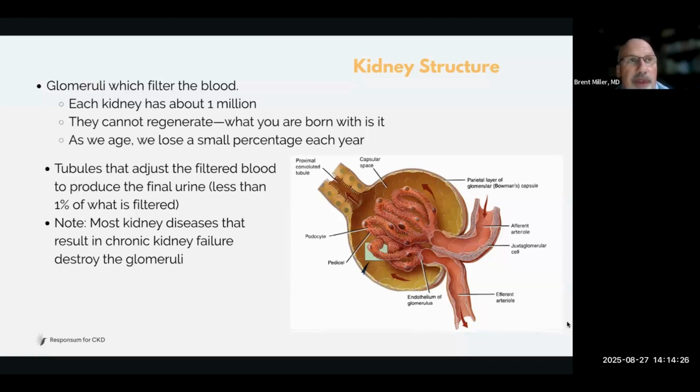I'll also mention that with the process of aging, once we get to a certain age, and it's different for every person, somewhere between about 50 and 65, we just start having our glomeruli slowly scar at about 1% per year. We call that glomerular senescence. So with our current understanding of human physiology and treatments, if we all lived to 150, we would probably all develop severe CKD, just as a process of aging.